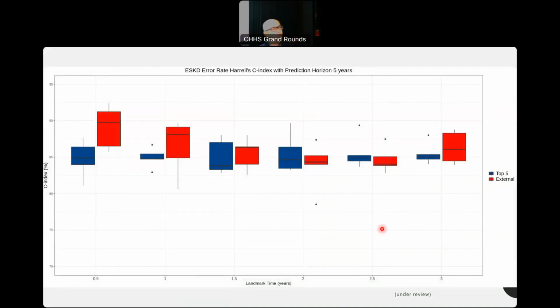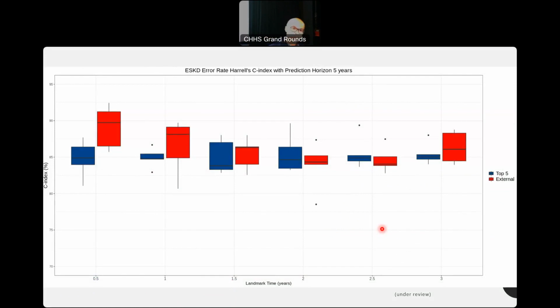So we trained our model using 5,000 patients who attended a kidney clinic at Canberra Hospital, and the model has been externally validated on 8,000 plus patients from our WA collaborators. This is one of the results. This plot shows the C statistic. The C statistic is a performance metric showing the discrimination capability of any survival analysis model.